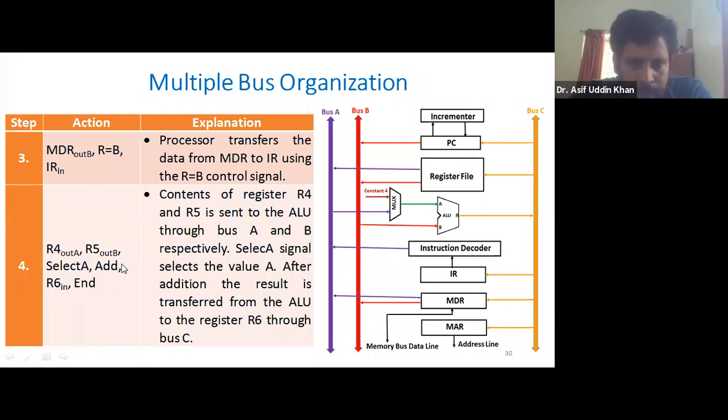And then R means it will take one data from this port, the other data from bus B. Then it will add, and the result it will give here, and that result will go to this bus.